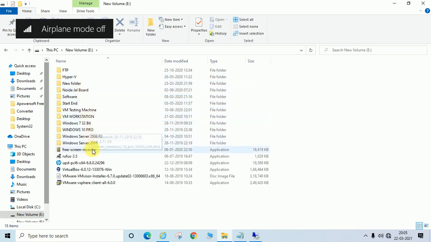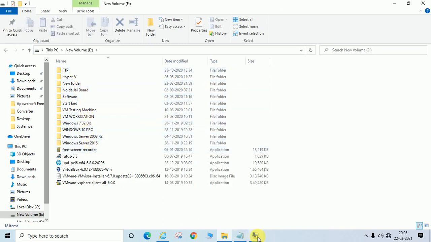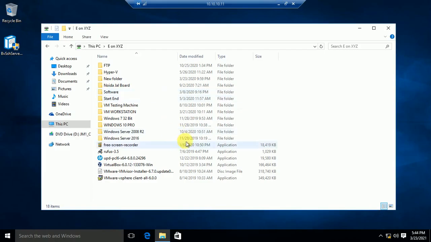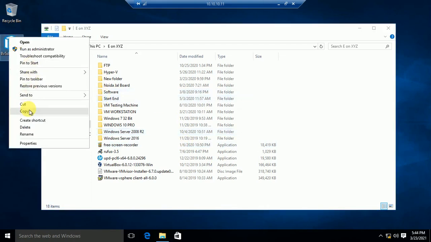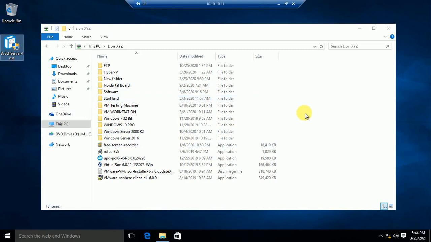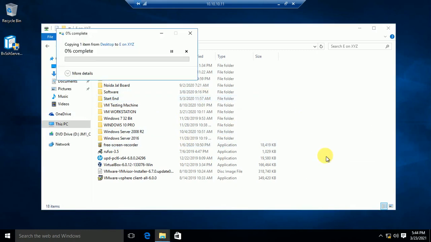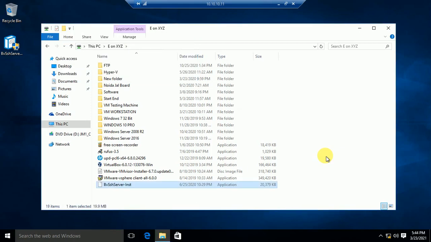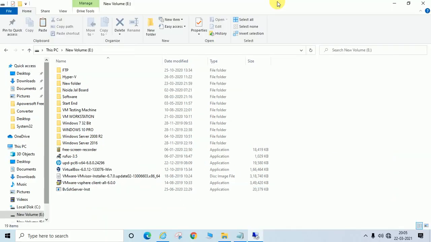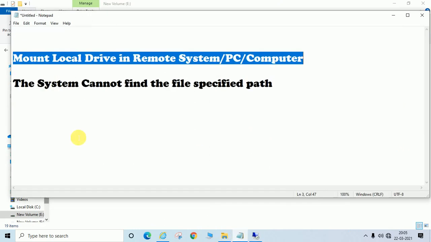You can see the same folders are available here. So suppose you have to copy any data, just copy and paste here. If you paste data in this way, you will not get the error, that is, "the system cannot find the file as specified."